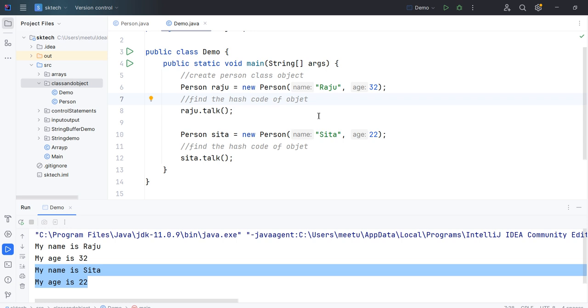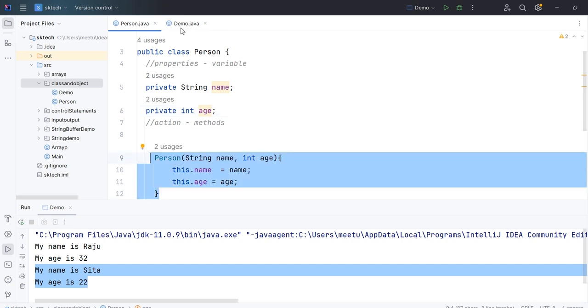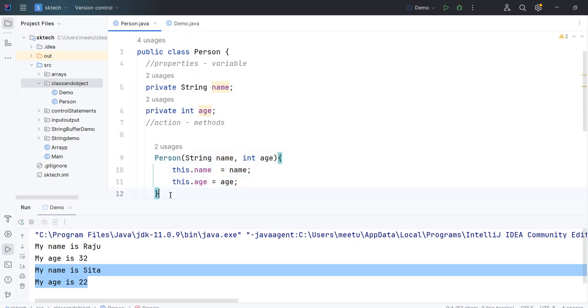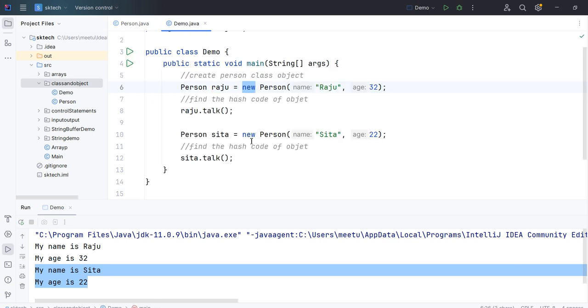So the constructor is called and executed only once per object. That means when this constructor is called, it is going to be called only once and assign the value, whatever value we are passing here. Then when we create another instance or another object of the Person class with a different value, again it is going to call this parameterized constructor and assign the different value. So that is why it is printing the different value for Sita.